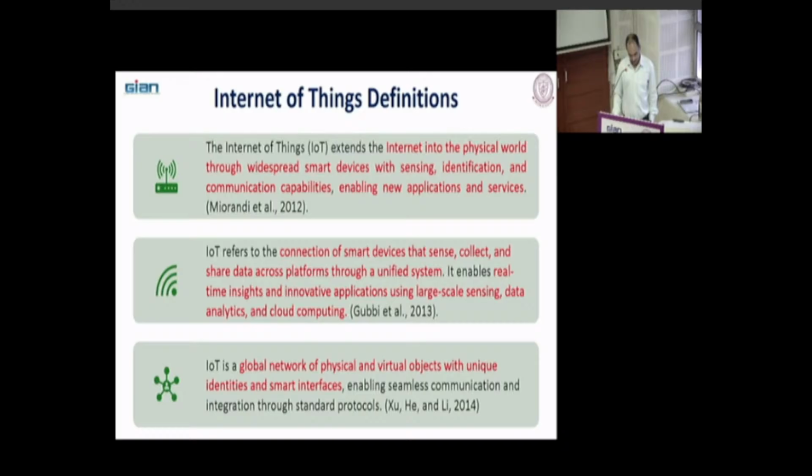In 2013. What they mentioned basically is that it refers to the connection of smart devices. Just now we talked about this. If we have the Alexa here, that Alexa will not work here. Why? Because we don't have any smart devices here. So it is a connection of smart devices that sense. What do they sense? Your commands. When you say, Alexa, could you please turn on the light? It will sense what you are saying. Then it collects that information. It takes your request, whatever command you are trying to give to that Alexa,